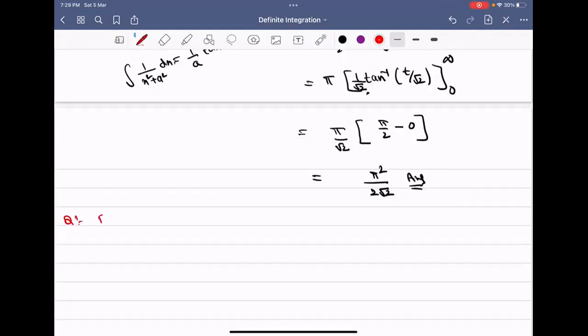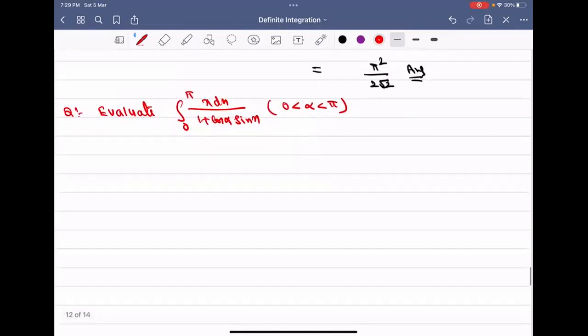Question: evaluate integration of 0 to pi x dx over 1 plus cos alpha into sin x, where 0 is less than alpha is less than pi. Solution: